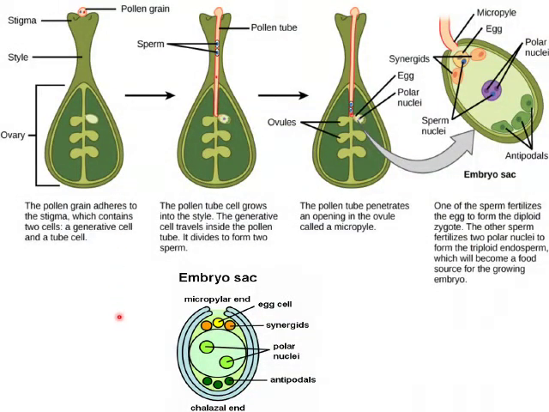In this slide, we will try to understand what sexual reproduction is and how it takes place. It begins with pollination, that is, transfer of pollen grains from anther to the stigma, with the help of various agents like wind and water, which are also called abiotic agents, or agents like birds and insects, which are called biotic agents. The pollen grains get transmitted to the stigma and are deposited on the sticky stigma.